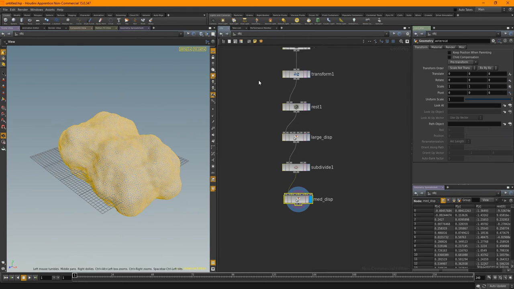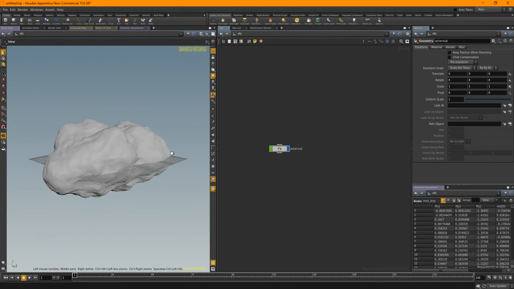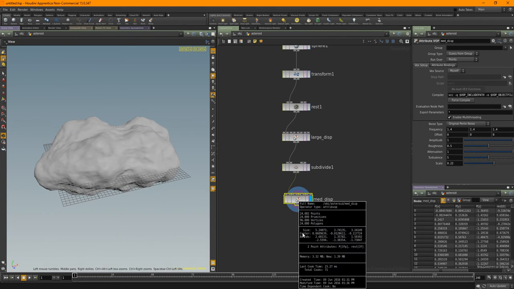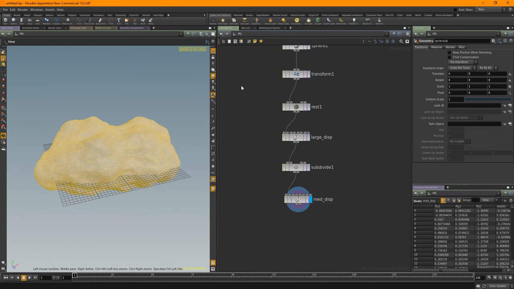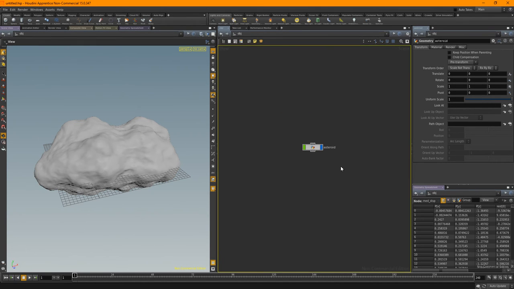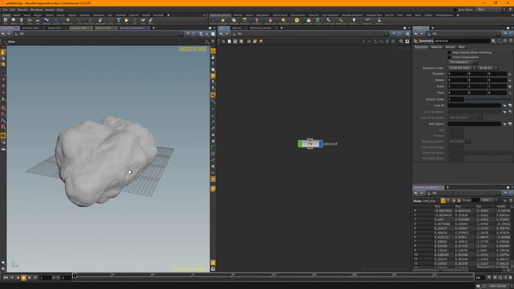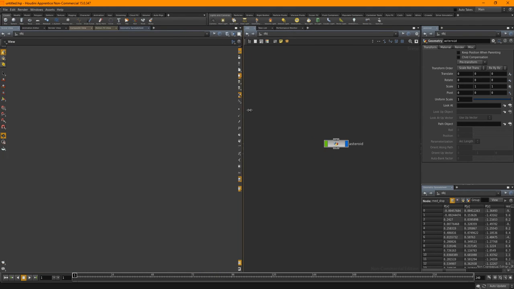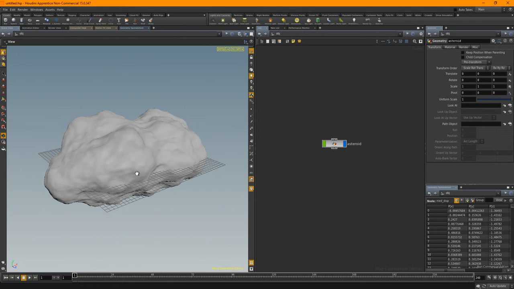So with that, let's jump up. So we now have our asteroid, our base asteroid anyway. And yeah, 24,000 polys. So it's just a medium res item there, so that's not much of a problem. Now, normally I'd move on to the planet, but I'm not going to do that. I'm going to jump straight into shading.